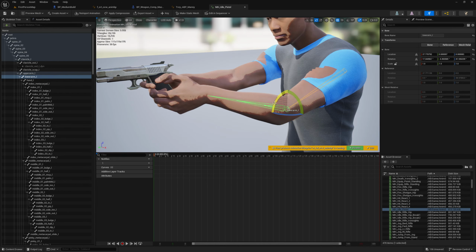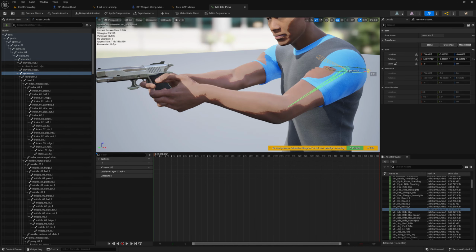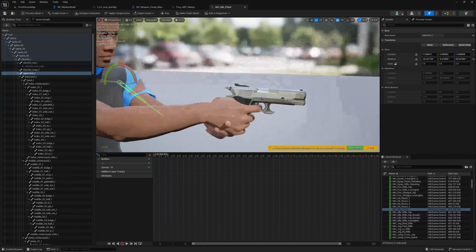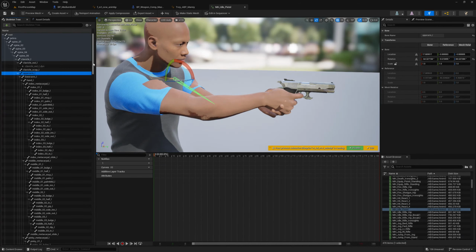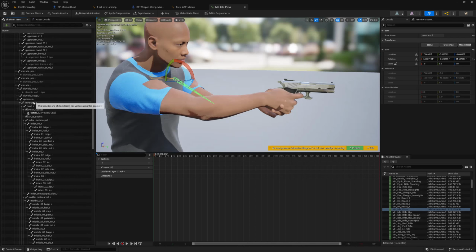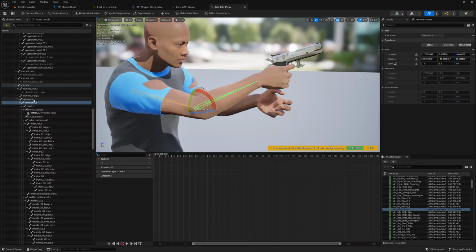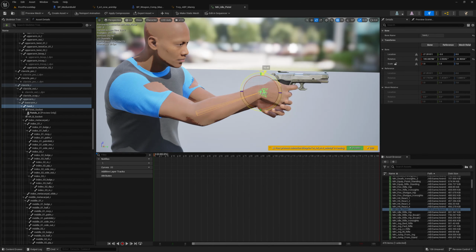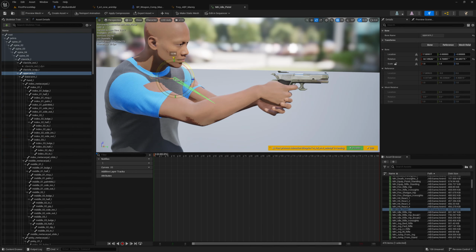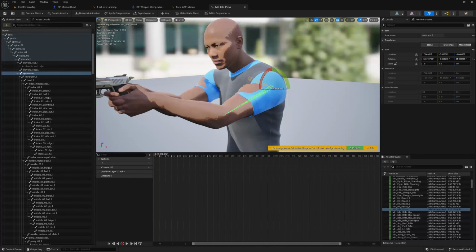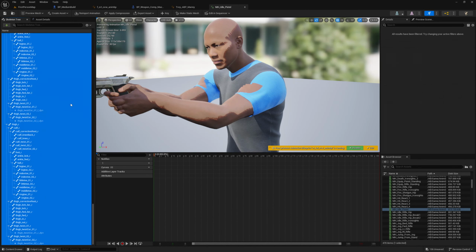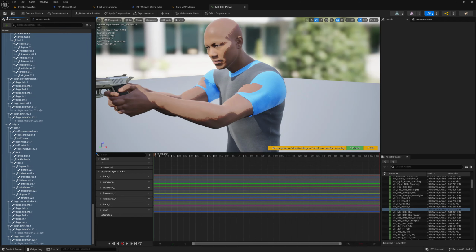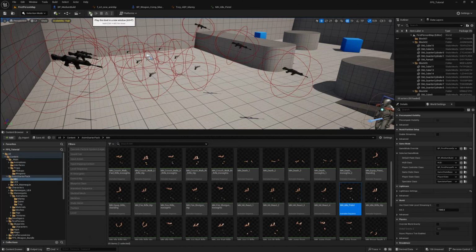Like I said, this is not going to look great. I'm just bringing this hand in. Actually, I will just edit the right hand as well. I will just do this a little bit and bring this right hand a little bit closer and level this out. And then I'm just going to put that left hand there so you can see that the hands are actually together. And if I Control A the skeleton tree and keyframe everything and then save this and close this, if I hit play,